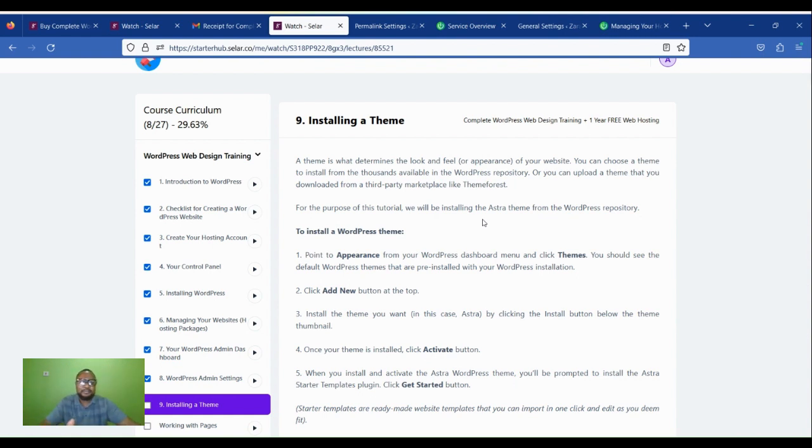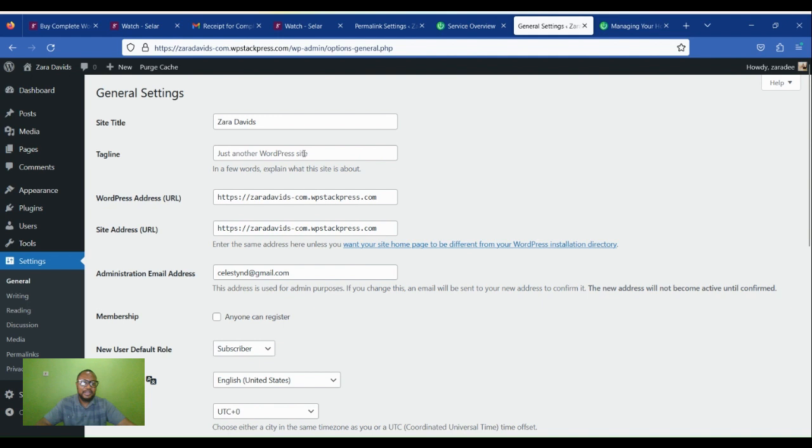A theme is what determines the look and feel or the appearance of your website. So you don't have to build all pages from scratch. You can install a theme, import starter templates, and quickly edit the pages and make your website exactly what you want it to look like. So let's see how you can install a WordPress theme and customize it to take the look and feel of what you want. So log into your WordPress admin